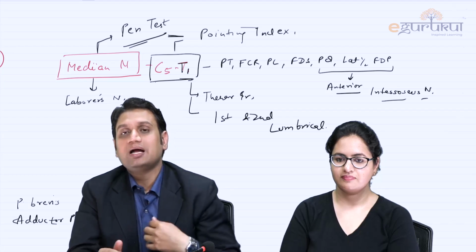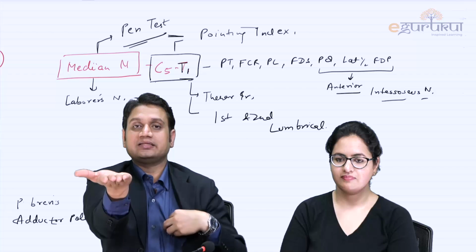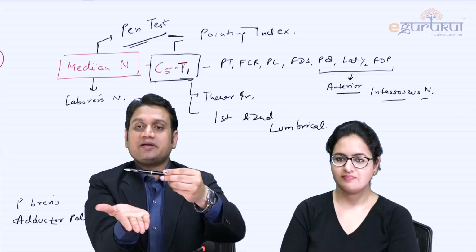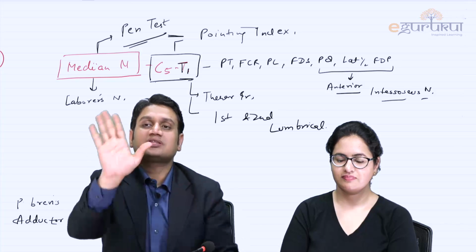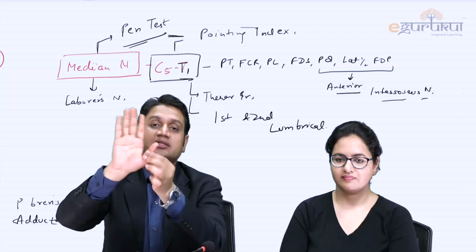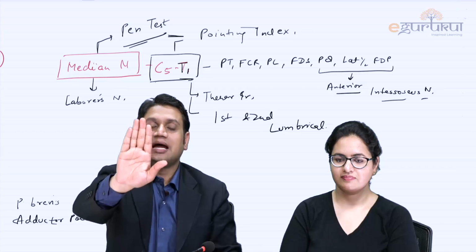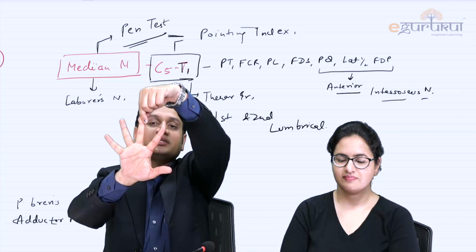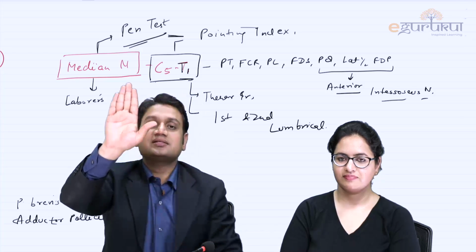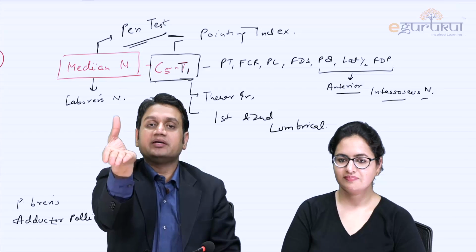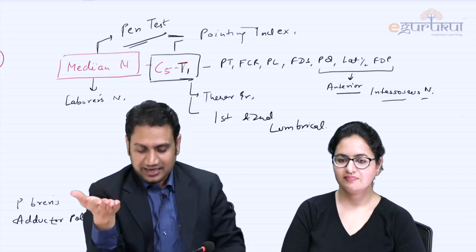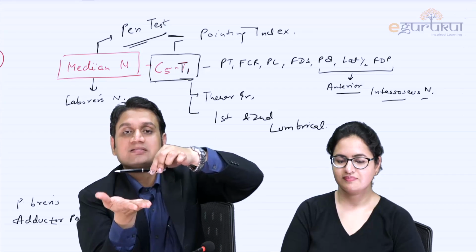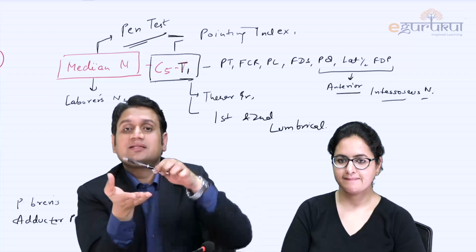What they say is, ask the patient to keep the hand on a table like this, right? And keep something over the palm in the air like this, and ask the patient to abduct the thumb. Now you see your thumb and the fingers are almost at 90 degrees to each other. They are not in the same plane. Abduction and adduction of the finger is in relation to this central finger. Going away is abduction, coming closer is adduction. And for the thumb, abduction is going up in the air, going back to neutral is adduction. Ask the patient to touch something kept in the air like this. This is abduction.